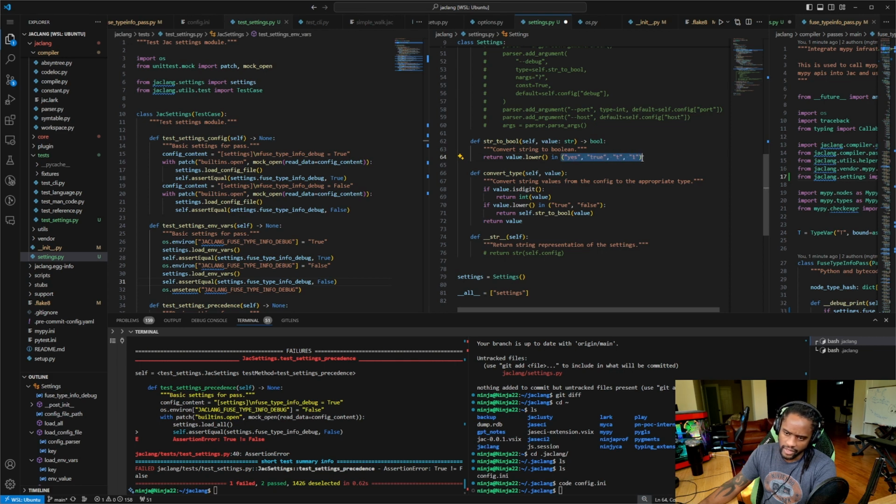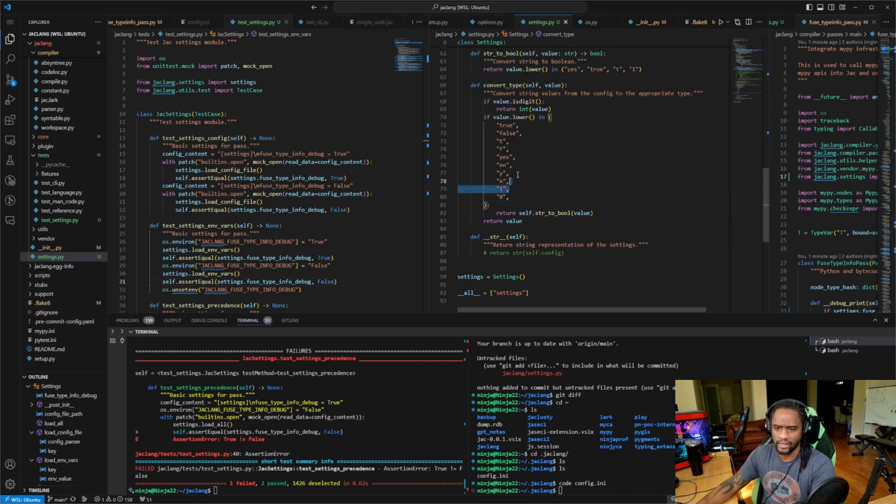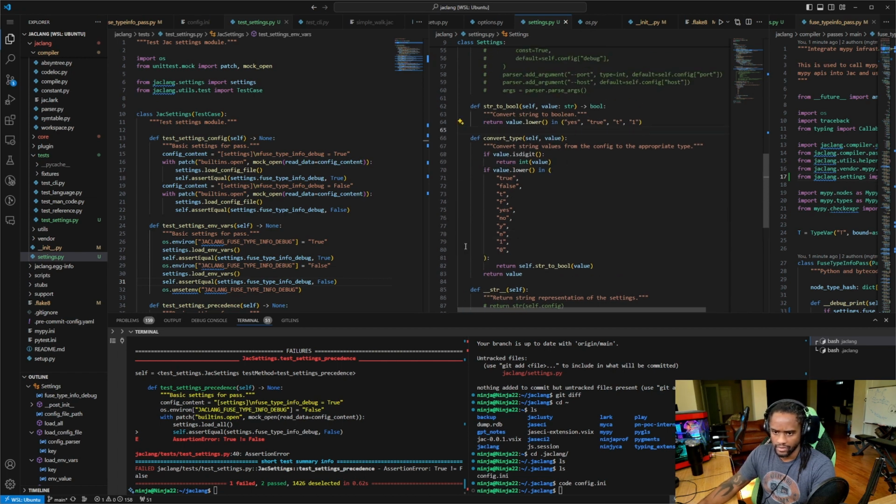I think we need to expand this. Let's see if this is gonna autocomplete. 1 0. Yes, yeah. Y, yes, and 1 0. Yeah, I like this. Return lower in yes, true,